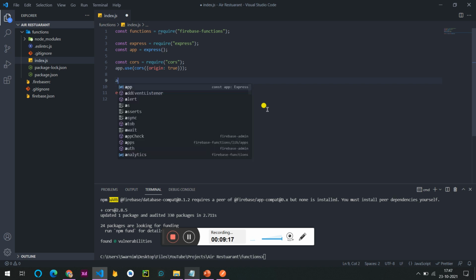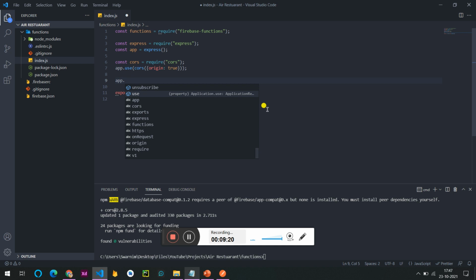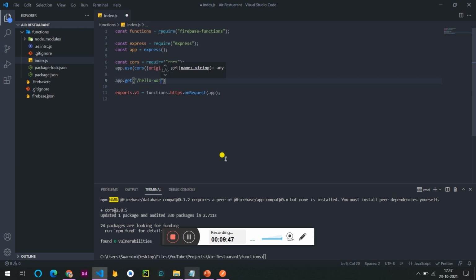So we will use app.get. We can use any method. This is the main HTTP method. You can use post, you can use delete, or whatever you want depending on the request type. And over here we need to give the request path, so that we will simply put slash, and after that you can just simply give any name. I will give hello world. The main API name will be hello world,